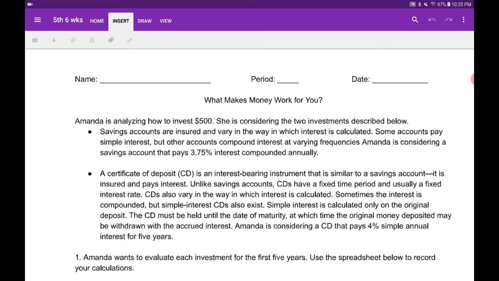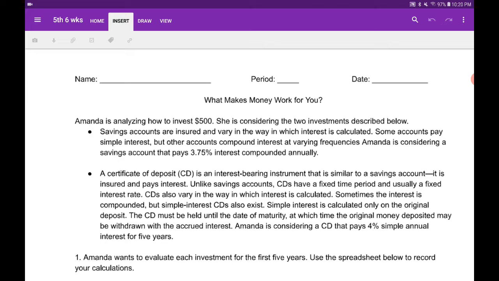Okay, so the first one we're looking at is a savings account. A typical savings account is low interest, and you can withdraw your money and put money in at any time. Okay, CDs kind of work differently. Well, let's look at these particular ones first. So, savings account,